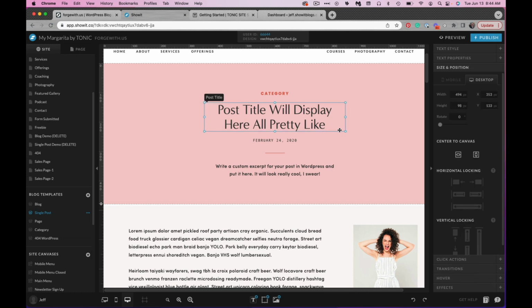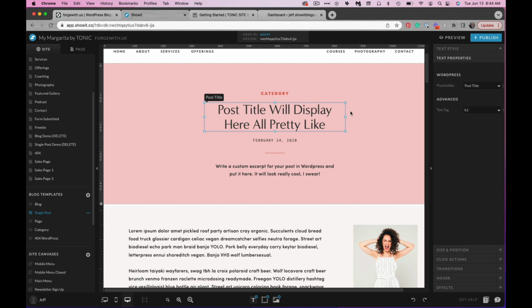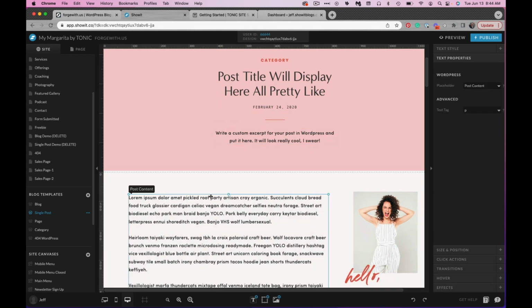All of the content in here are placeholders. So if we select any piece of content and then go to text properties, you'll see it has a WordPress placeholder attached to it. This is set as the title. This is set as the top category, the post date, an excerpt, and then our post content. So all of this is going to be replaced by the content you've created for your specific blog posts inside